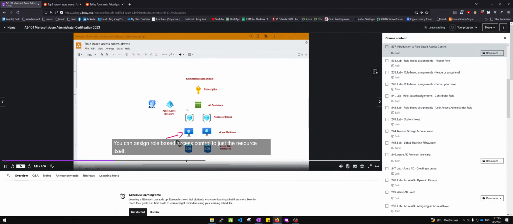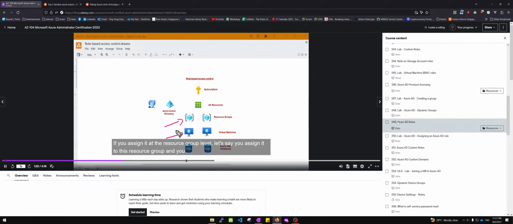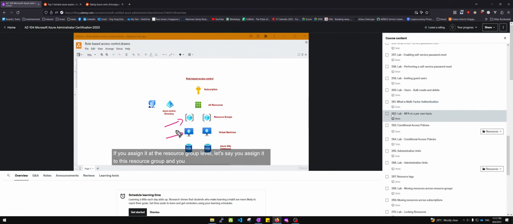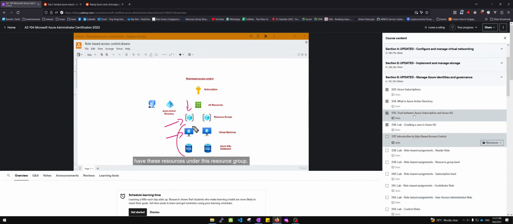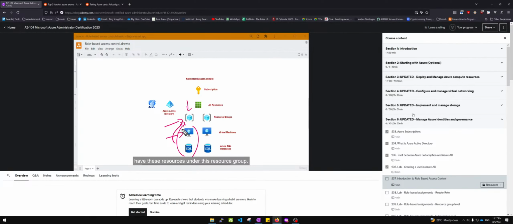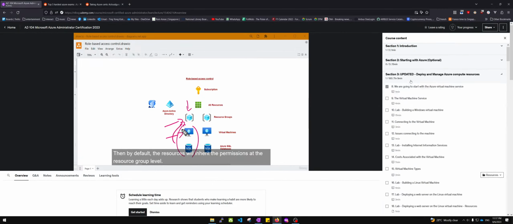Just the resource itself. You can assign it at the resource group level. If you assign it at the resource group level, let's say you assign it to this resource group and you have these resources under this resource group, then by default the resources will inherit the permissions at the resource group